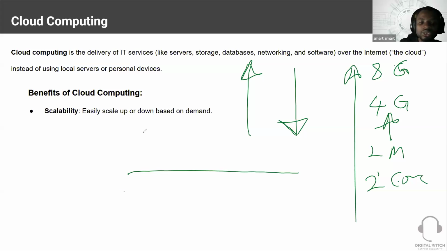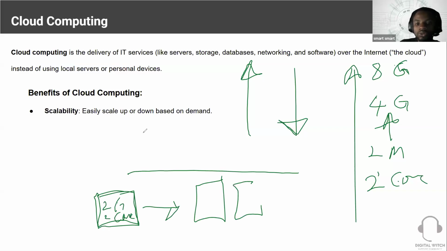Horizontal scaling is that you have a virtual machine, maybe 2 gig of RAM and 2 core, and you want to scale it. You scale it by providing more instances, more 2 or more 3. That is a replica, doubling it, right? Before it is only 1, but now it is 3. That is what we call